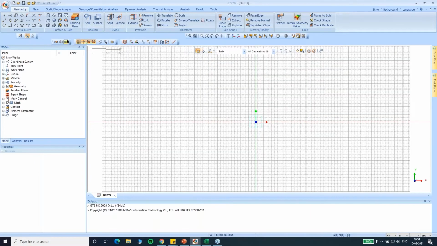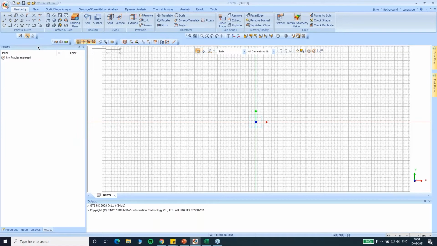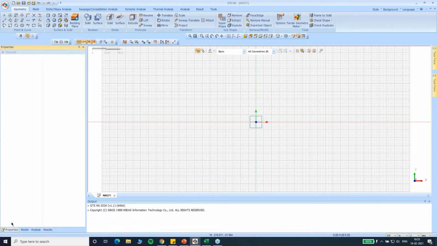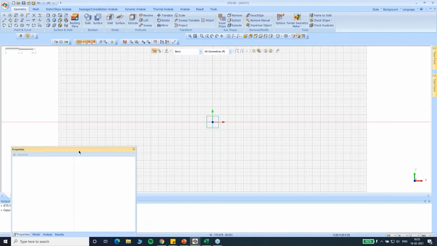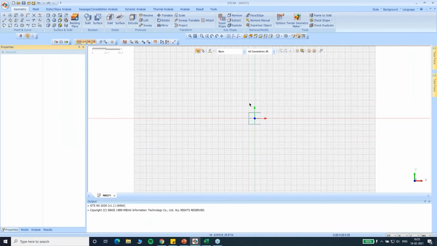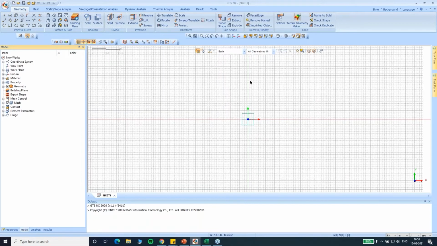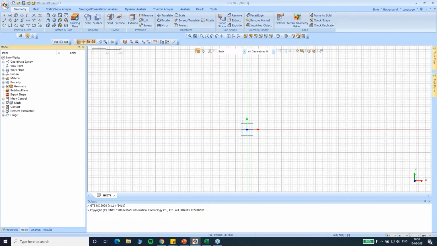So now my grid size has reduced. Now what I do is I go to geometry, and there are two ways of creating the geometry. One is by